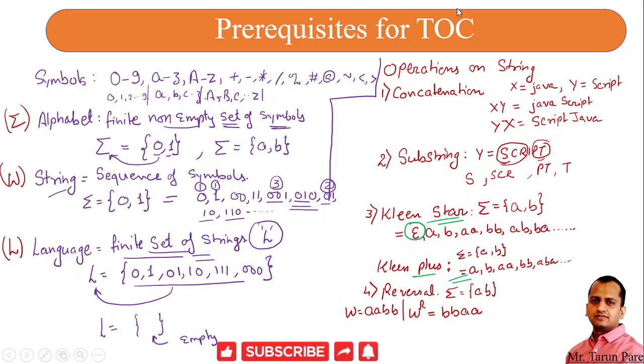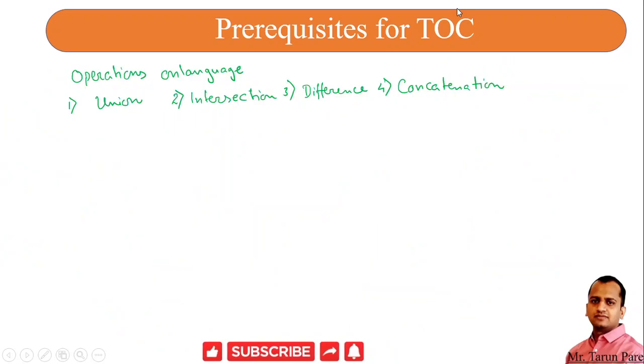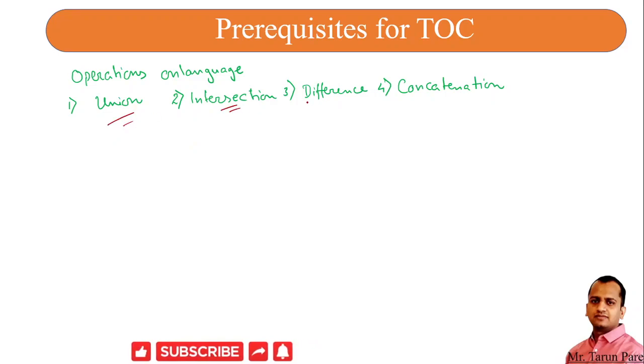So these are some basic operations we have discussed on strings, and similarly we have also discussed the operations on languages. I will not go into much detail about these because you are very well aware of them, and you have already studied these operations in discrete mathematics. When we do some questions, at that time we will discuss all these things. Okay, thank you for this session. We'll meet in the next lecture.